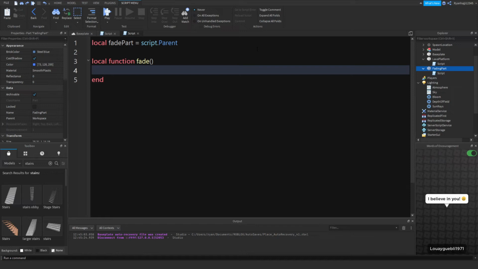Now we need to do a for loop. This for loop is going to be controlling the transparency. So we're going to do for. They put actually for count in the actual thing, but to make it clear, I'm just going to put for count, and then we're going to do 1, 10,